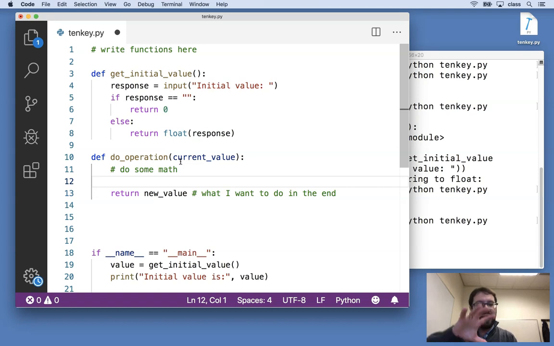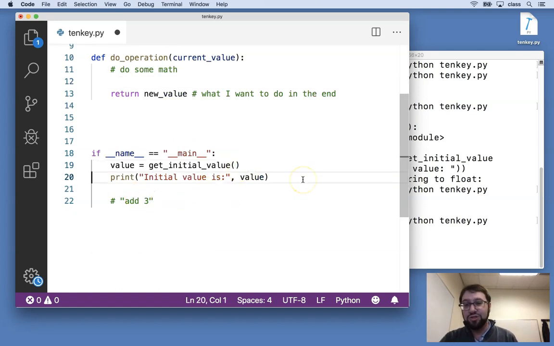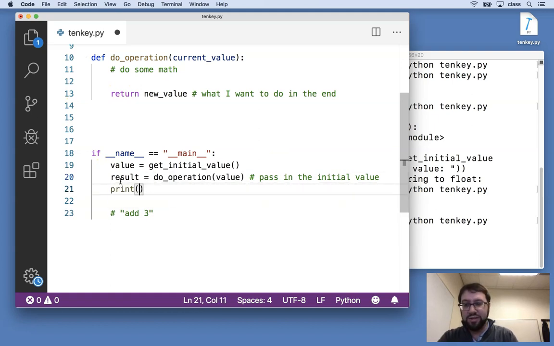So what I'm doing is effectively creating a skeleton, an outline of what my program might look like. I know that I want to be able to do an operation, I want to take in some value, I know I'm going to do some work to it, and then I'm going to be able to return that new value. Once I've got that, in my block of code down here, I'll be able to say get my initial value. I'm then going to call do operation, passing in that initial value. This is going to pass in the initial value. And then I know that do operation is going to return something, so I can have the result of calling my do operation function,